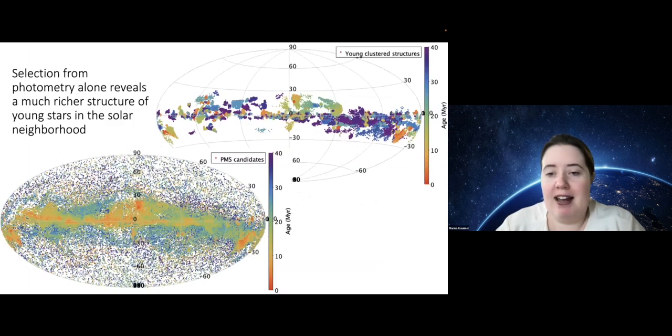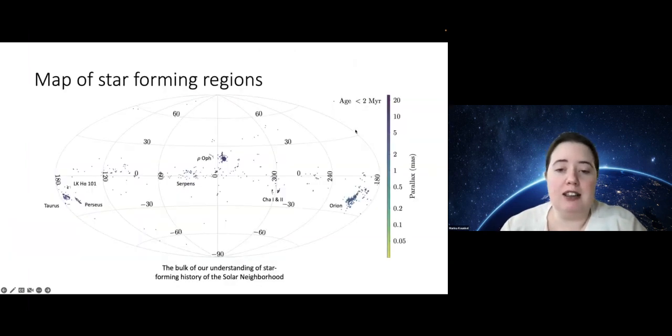And just by comparing the young solar neighborhoods that we recover from clustering versus the one that we identify from selecting the pre-main sequence stars, you can see just how rich of a structure is present here that we're completely missing when we're just looking at the populations that still remain coherent for us to identify through clustering. And we can go on a tour of the solar neighborhood, slicing it into various age bands. For example, here's everything up to 2 million years.